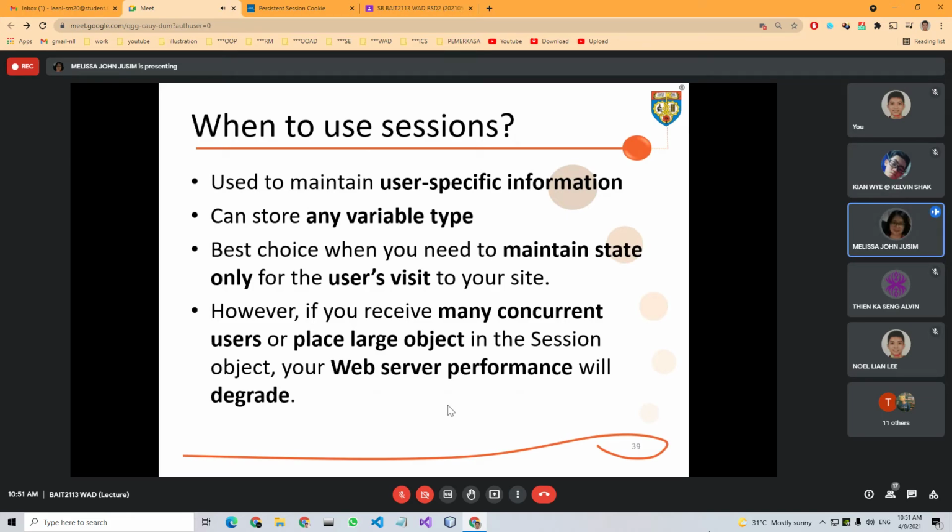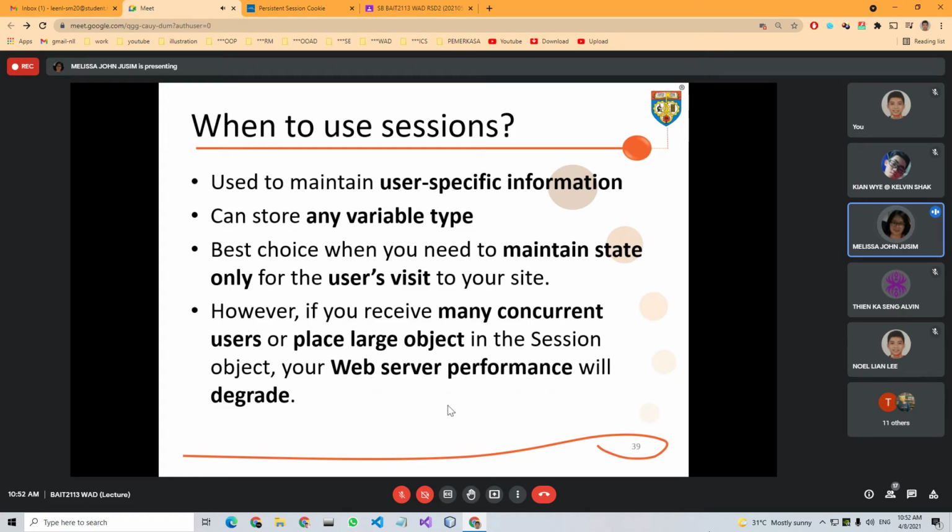Just to give you another reminder, we are now looking at the options for server side, not client side. Session and application variables can be used for the server side state management option. Now look at the last one, this is something for you to consider.